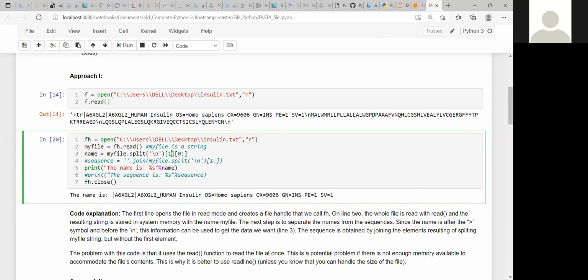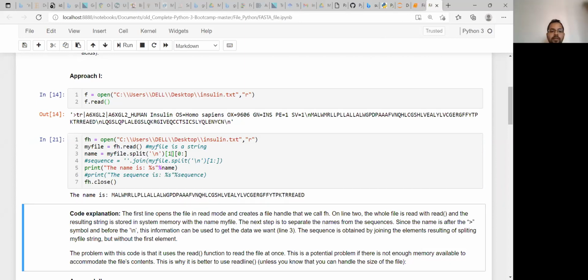After that \n, the next M. It is printed like this because there is a \n, and that's why it is showing the MAL up to D. Actually, it is not removing the \n, that is already split.